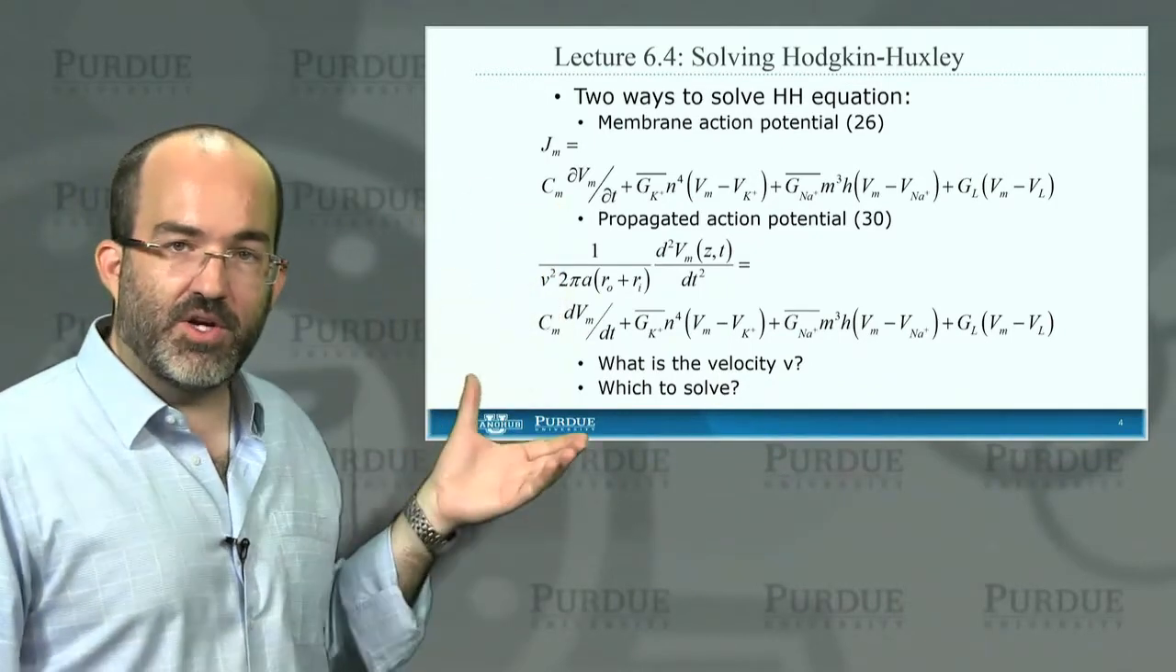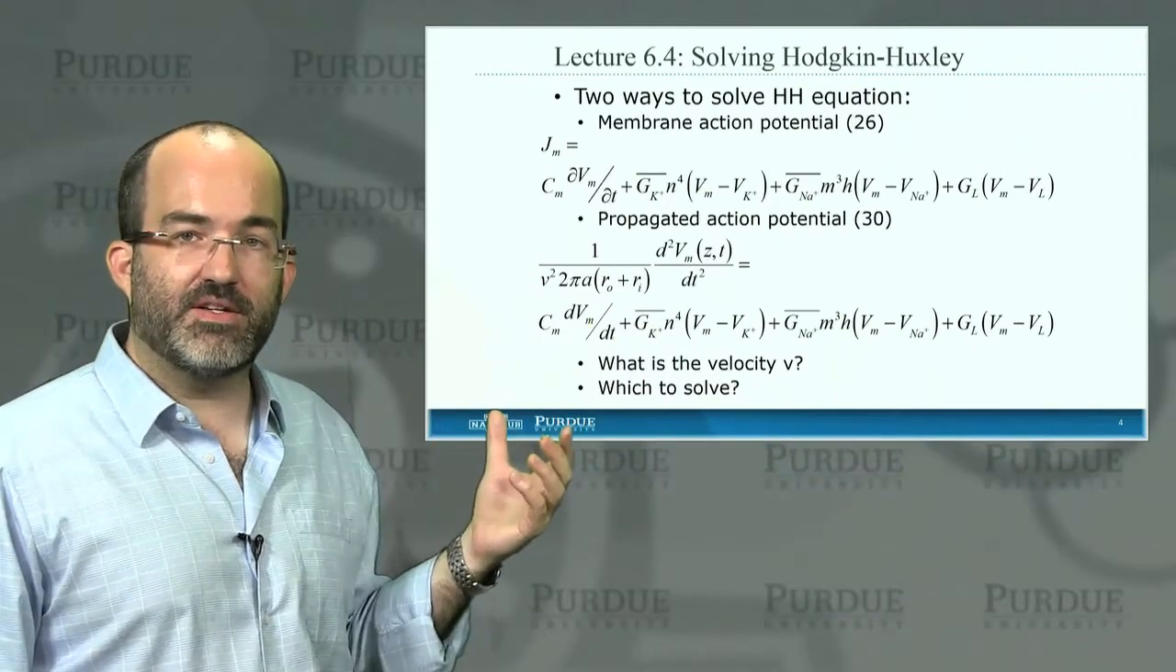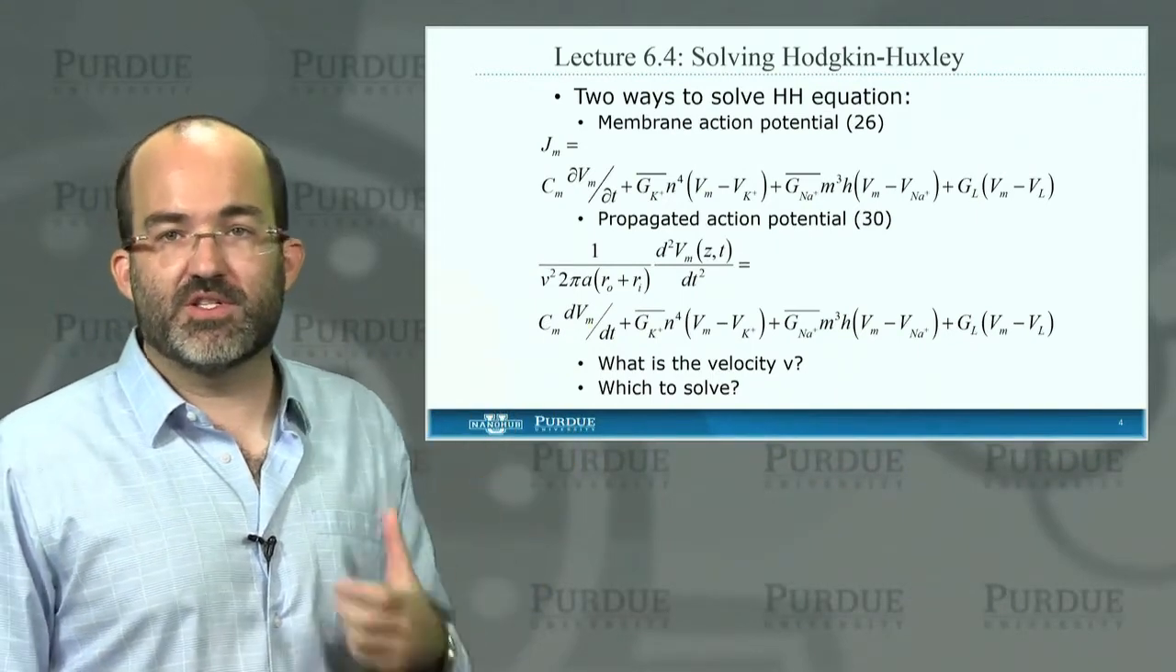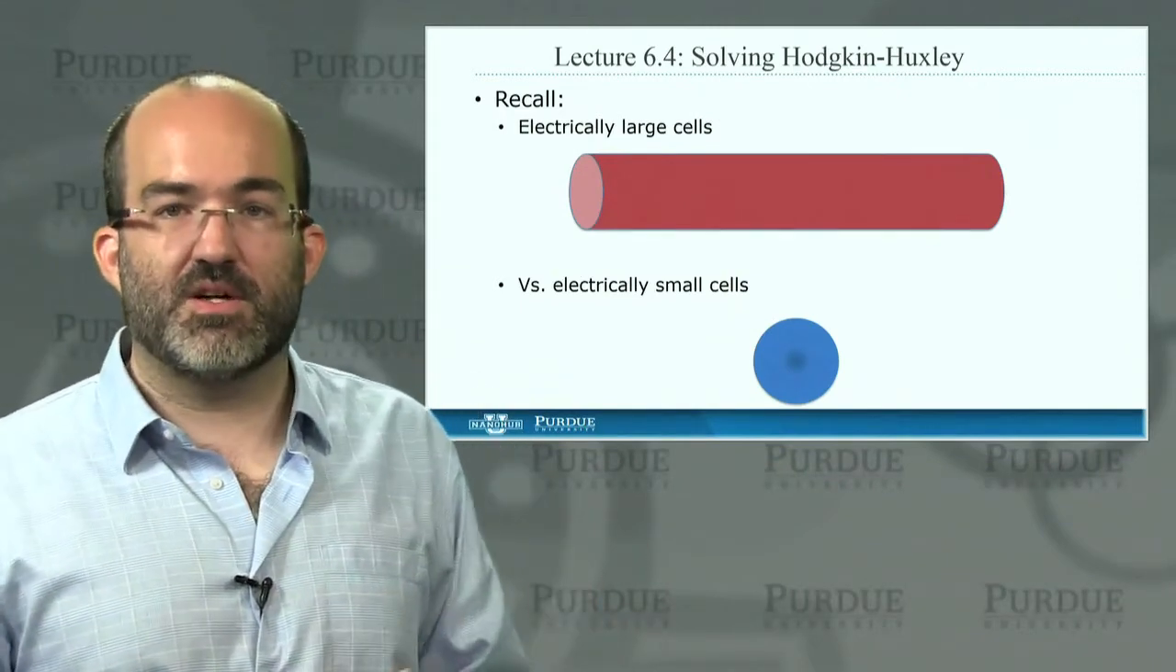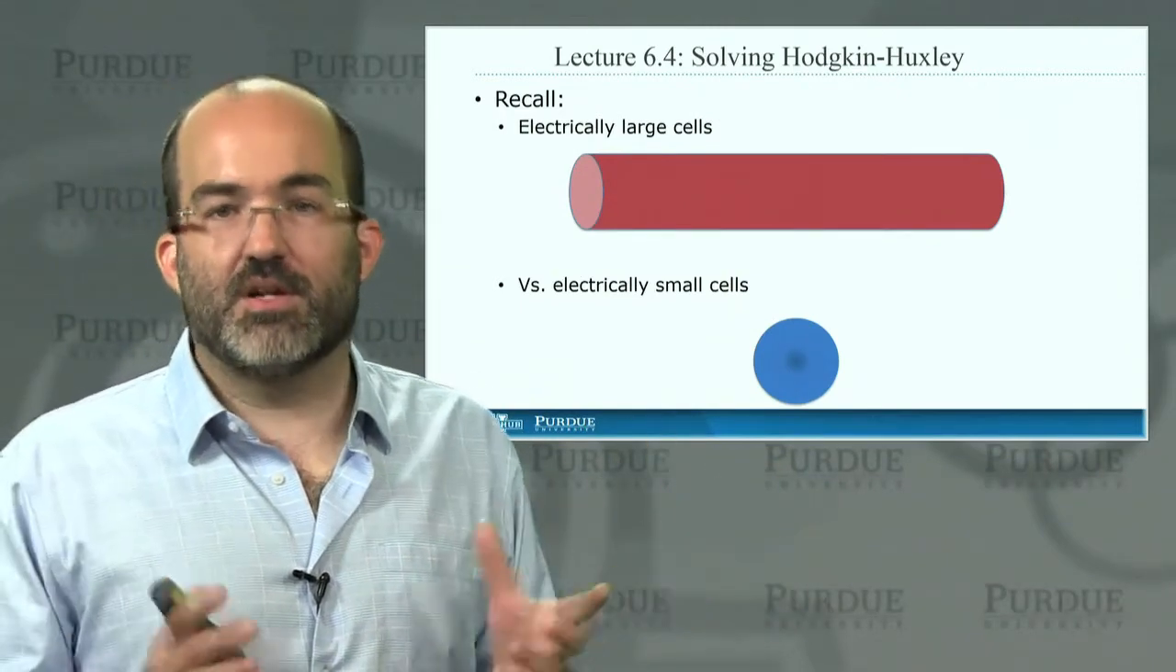They're both good equations. It's not that one is better than the other. It's that you solve them in different situations depending on what you're trying to get at. So if you recall from earlier in the semester, we talked about electrically large cells and electrically